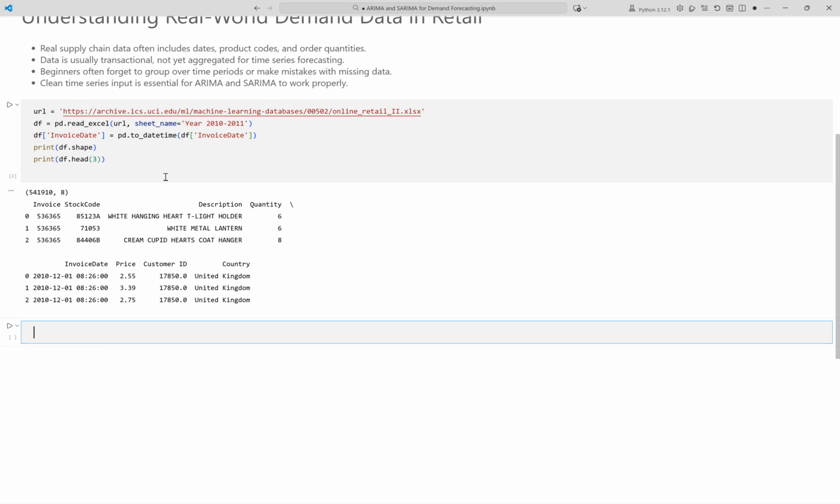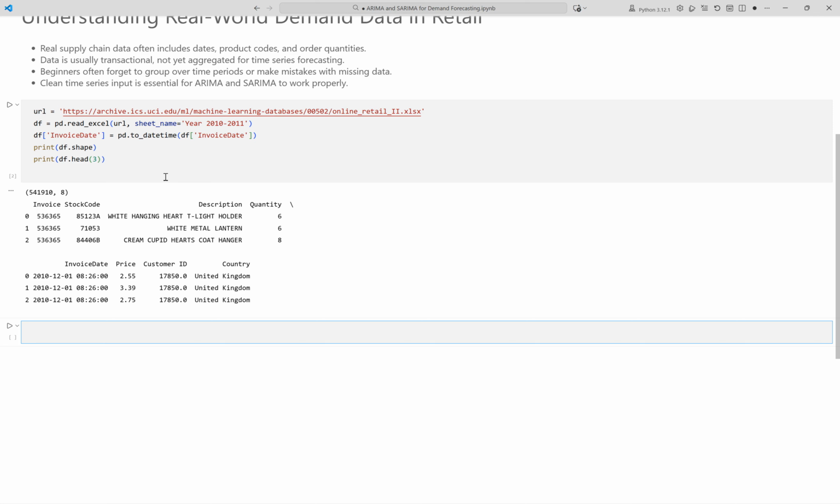We select only columns needed for demand forecasting: date, quantity, and product code. We exclude returns and refunds by keeping only positive quantities. We aggregate all items sold per day to get total daily demand. We set the index as a pandas datetime for proper time series alignment. We fill in missing dates with 0 demand to create a regular daily series. Previewing the first week lets us see if the aggregation is correct. Running the cell now. This output shows daily aggregated order quantities after filtering out negative values, with a consistent date